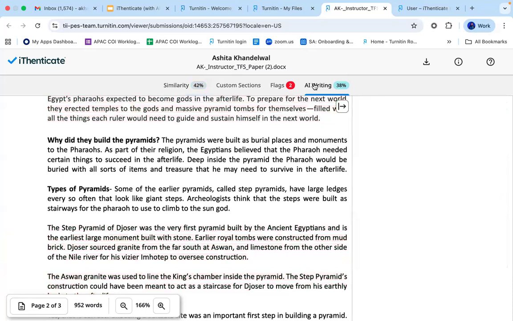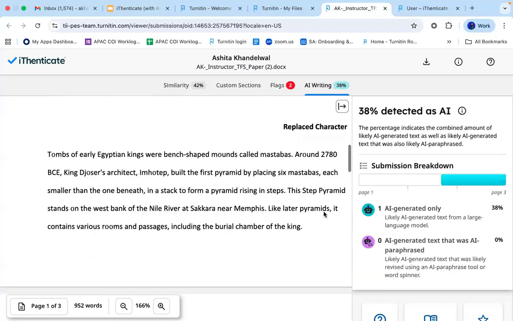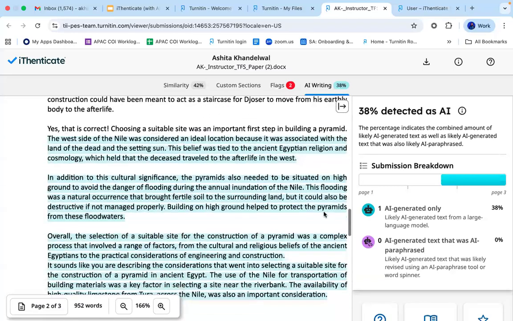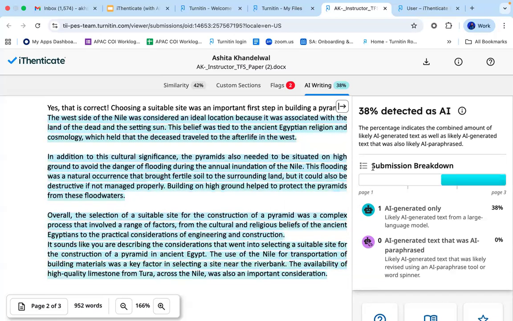Then you can go to the AI writing detection part. The AI writing detection of Turnitin will help you understand how much of the text in this paper has been written with the help of AI. It has been broken down into two submission types: either they are completely AI generated or they are AI paraphrased.